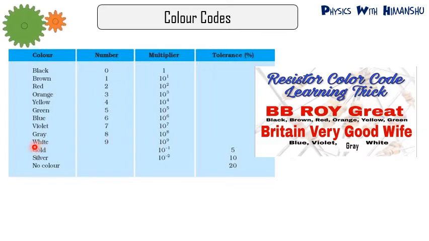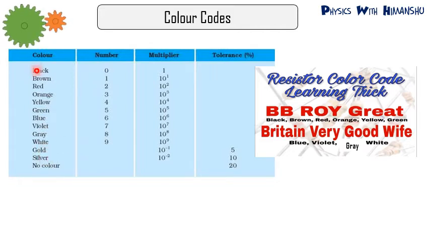Gold, silver, and no color represent the tolerance limit. For gold, the multiplier is 10 raised to power minus 1 and the tolerance limit is plus minus 5%. For silver, the multiplier is 10 raised to power minus 2 and the tolerance limit is plus minus 10%. And for no color, the tolerance limit is plus minus 20%. So you have to remember this sequence: black, brown, red, orange, yellow, green, blue, violet, gray, white, gold, silver,